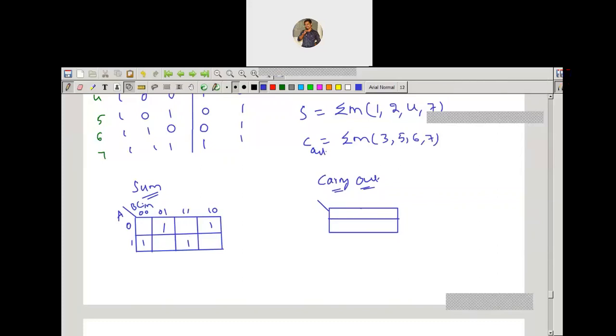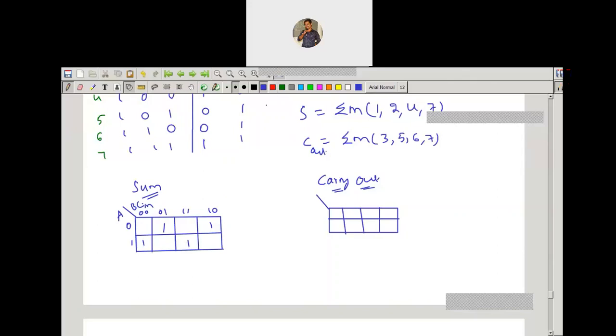Corner grouping by 2. Okay, dear. So you're saying that by using the corner grouping, you can group 2 cells, right?